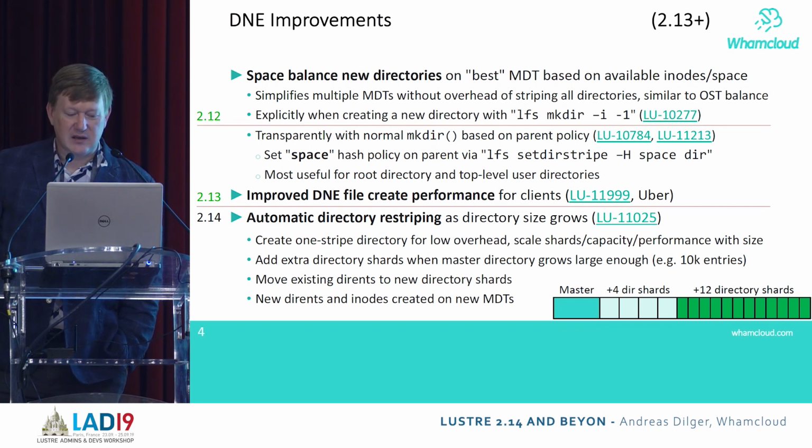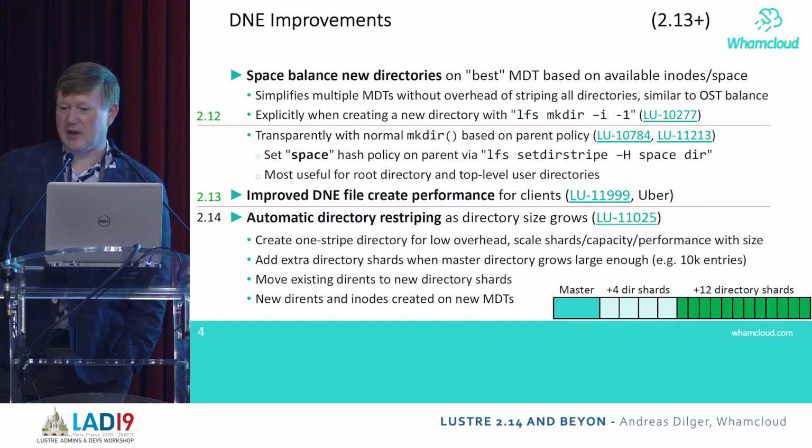And in 2.13, now you can set up the striping on the parent directory to say, instead of using a name-based hash for your file name to decide where new directories and files are being created, you can set this space hash, essentially, that says find the MDT with the least usage, and then create a remote directory there. And the good thing about this is that it uses the normal mkdir system call,